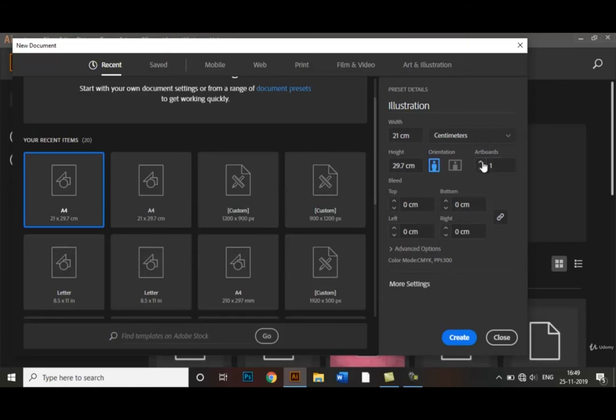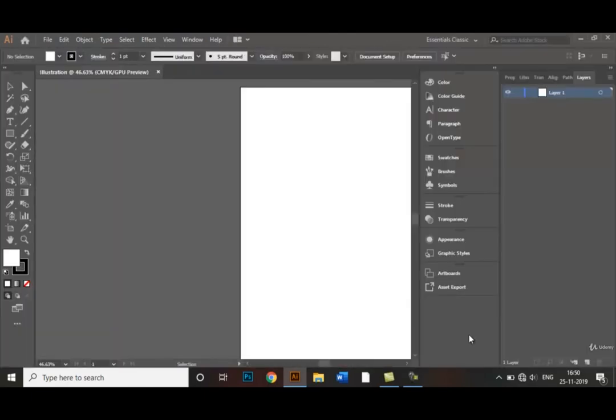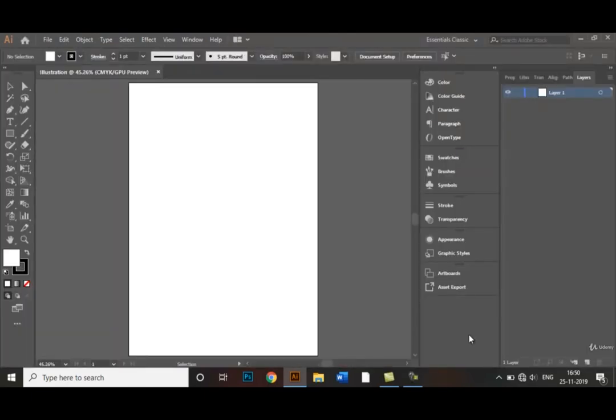Of course, you can always increase the number of artboards here, but let's just stick to 1. And then we click on Create. And there you go. This white blank page that you see is your document where you will be designing